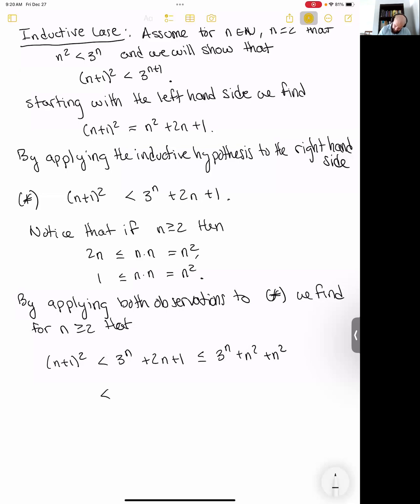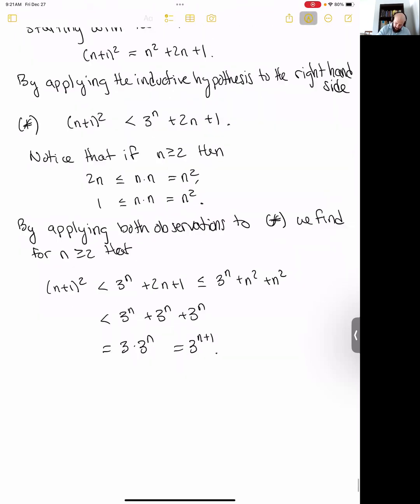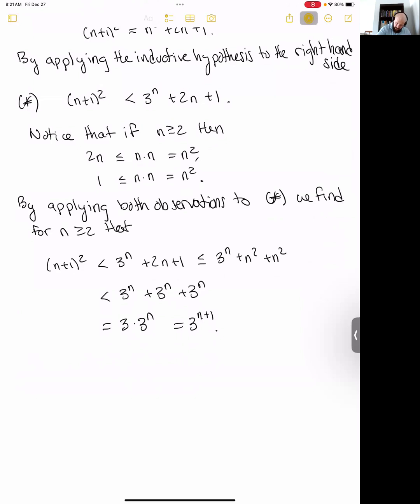Now that's less than 3 to the n plus 3 to the n plus 3 to the n, which is equal to 3 times 3 to the n. We're just showing the reader everything that's going on here, which is 3 to the power n plus 1. Perfect. So now, by induction,